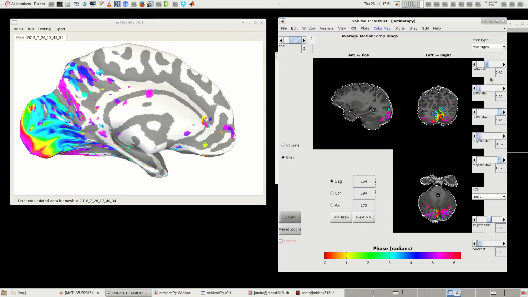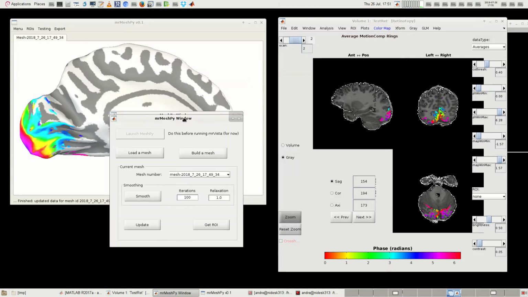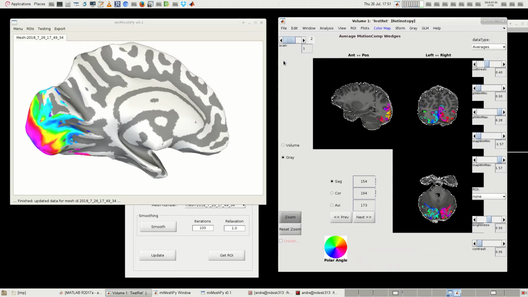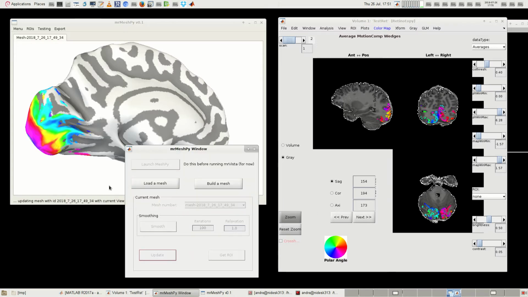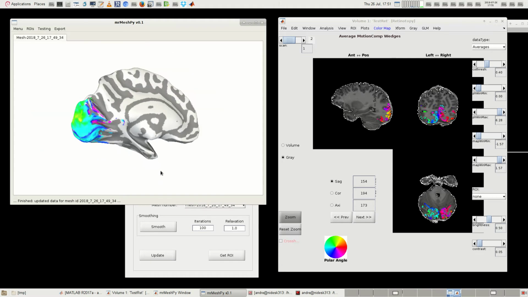As we change our threshold here, it doesn't automatically change on the surface. We do need to hit our update button. We can think about changing these things, but my initial idea was just to keep it as similar as it was to mrMesh, purely for legacy reasons, to make it easier for people to use. So we can change those. We can switch our map to a ring representation, polar angle. I'll hit update, and that'll send those data over. So that's the left hemisphere. How about